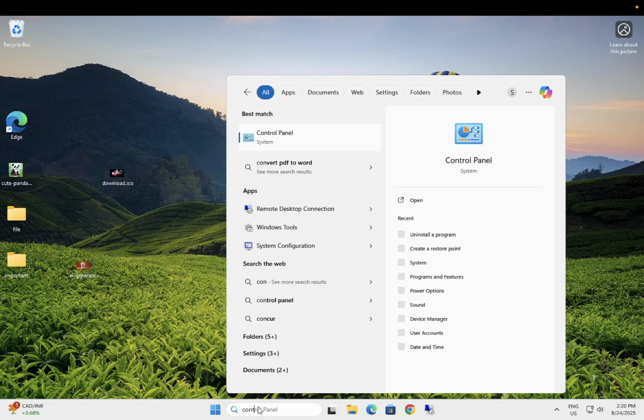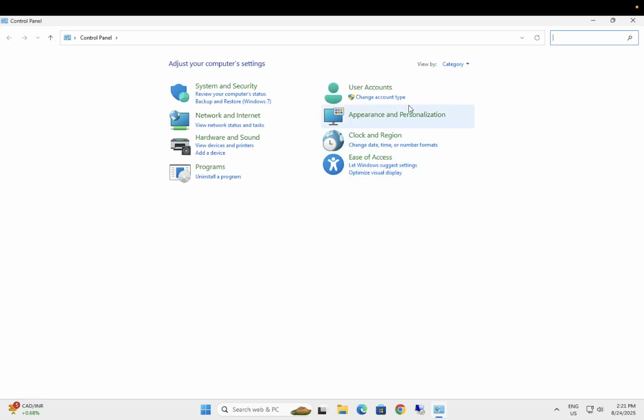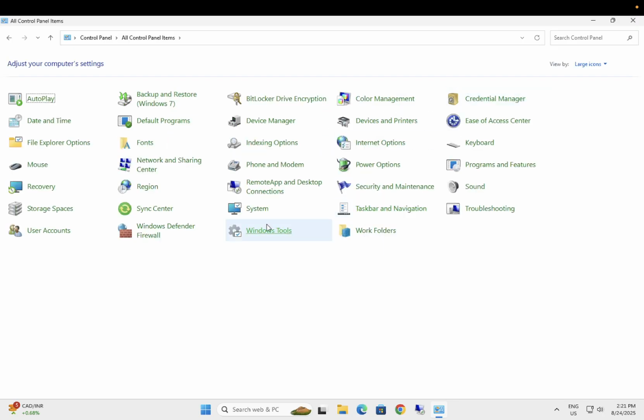Simply type here control and open the control panel, and from here choose for this option category wise large icons. You can even select this option add a device, but I'm selecting the large icons. Now we need to look for devices and printers. Click on that option,